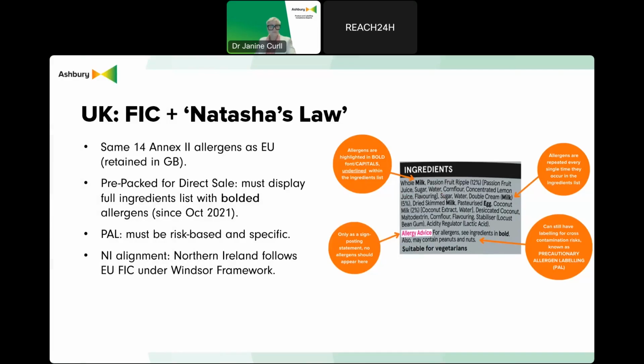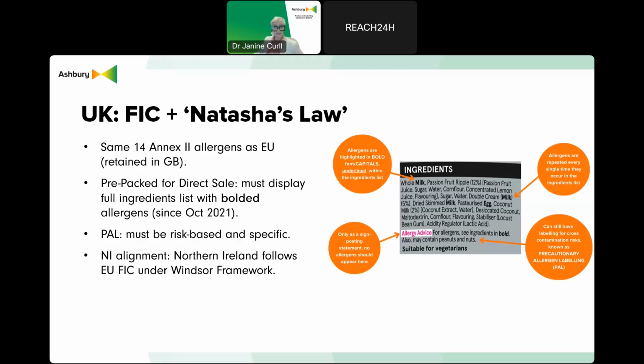So let's break down the Great Britain allergen labelling rules and Natasha's Law. First, the legal framework is the Food Information to Consumers Regulation, FIC. Originally the EU regulation, it still applies in the UK post-Brexit through domestic legislation. It requires businesses to provide accurate allergen information for the 14 major allergens we have already identified. For non-pre-packed foods, allergen info can be given in any format, even verbally, but businesses must clearly indicate that customers can ask for allergen details.